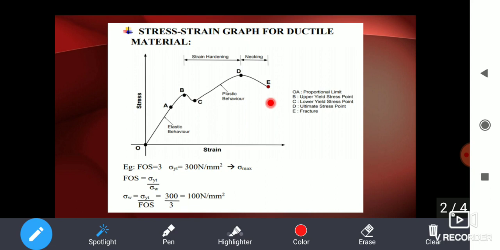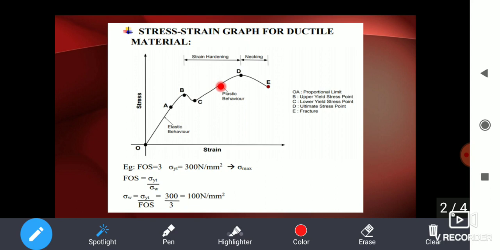It is very much clear from this graph. So at a particular point E, the material breaks, and it's very much clear from this graph. For ductile materials, the flow will be like in this manner. It shows the strain variation. Strain is nothing but the physical deformation which we can see, and we can see the material flowing, and